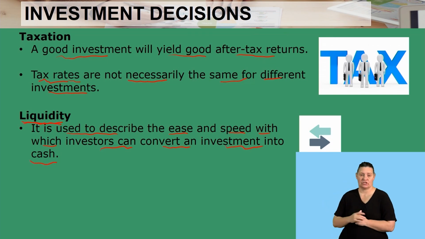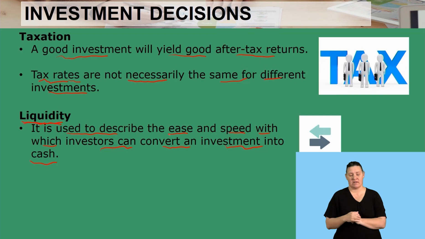So here we are talking about this, for example. If you invest in fixed property, meaning in buying a house, will it be easy to convert a house into cash in 10 days? That won't happen. Meaning the liquidity rate for converting an investment in property into cash is slower. Hence, we are talking about how easy and the speed with which the investor can convert an investment into cash.